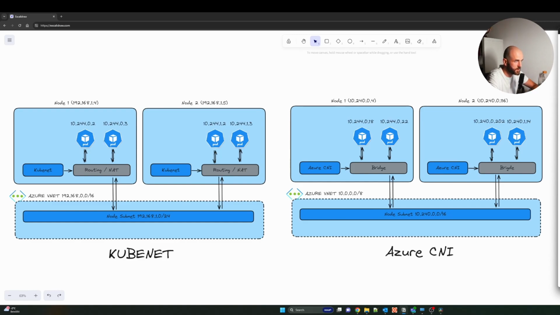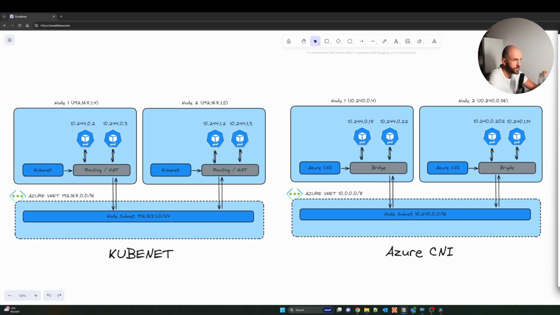But for this video, we'll only be focusing on the two main CNIs, which are Kubenet and Azure CNI. So let's start by discussing Kubenet. By default, AKS clusters use Kubenet. With Kubenet, an Azure Virtual Network subnet and route table are created automatically. Nodes receive an IP address from the Azure Virtual Network subnet. Pods receive an IP address from a logically different address space than the node pool subnet. And network address translation, or NAT, is configured so that the pods can reach resources on the virtual network.